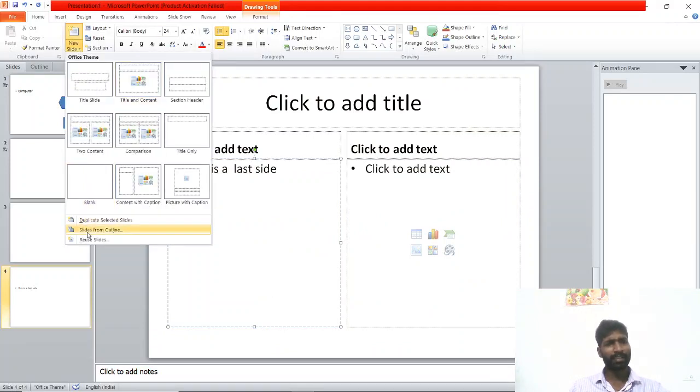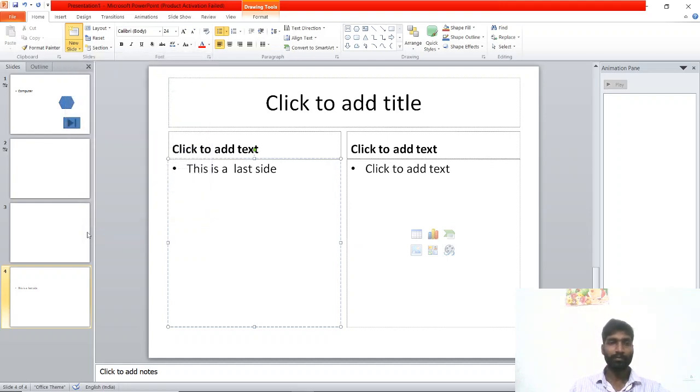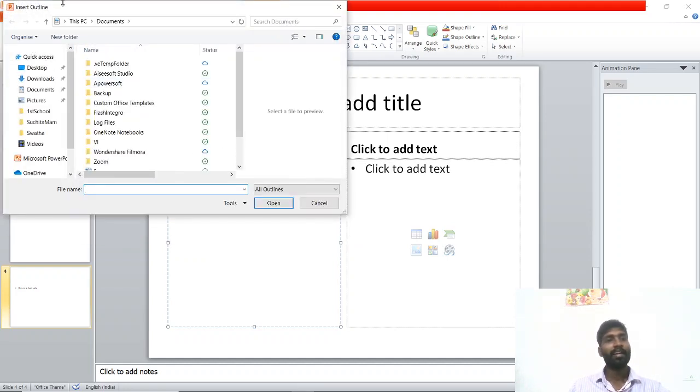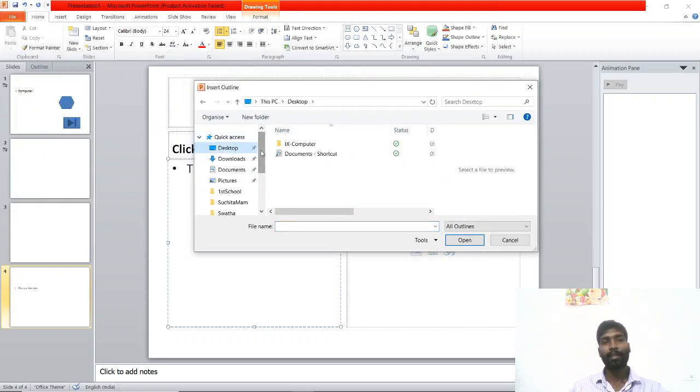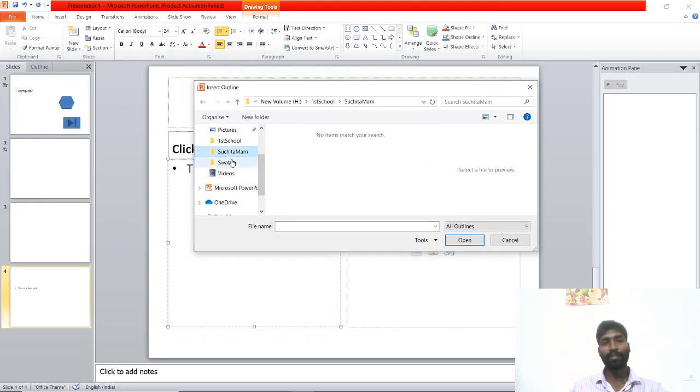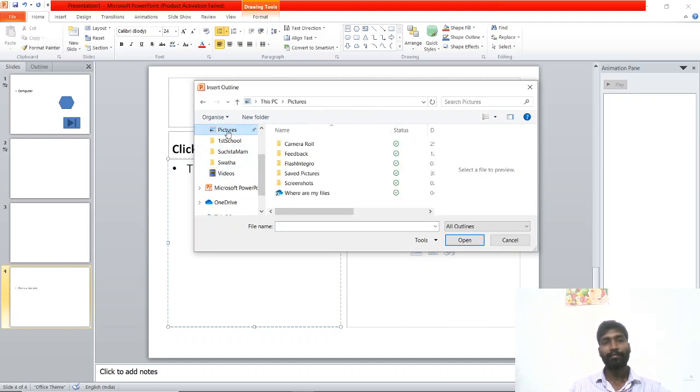You can see Slides from Outline. When I click this, now I have to select an MS Word document which I saved already.